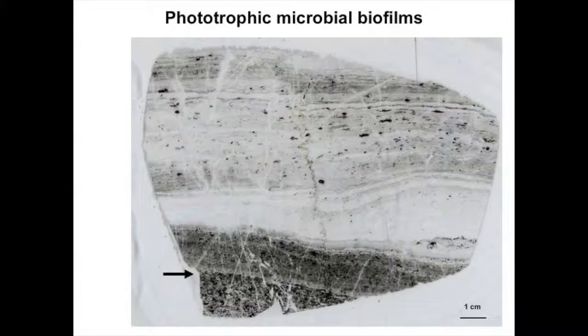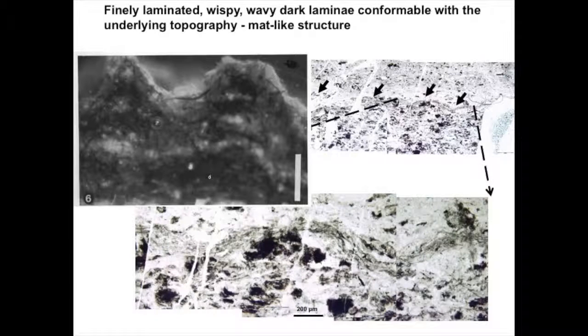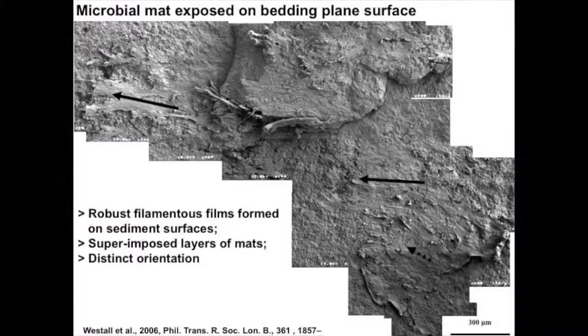Now, this is a thin section of a rock from Barberton. We have a thin section of the chert that I showed you from Barberton, the Josefsdal formation. What we see here is a dark layer, spotted dark, and also a bit of current controlled sedimentation, some ripple marks, very fine sediments. But what I want you to have a look at is this dark horizon here. There's a definite horizon, and if we zoom in on that horizon,